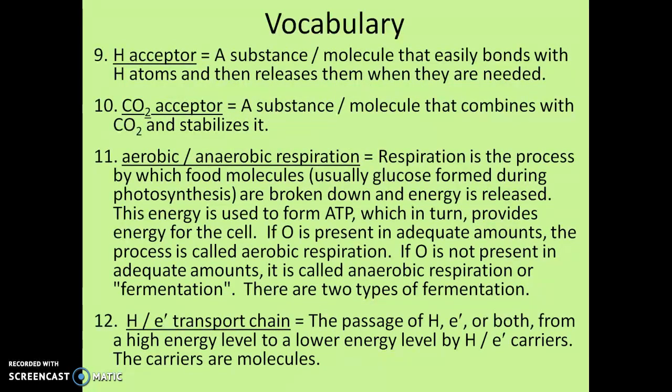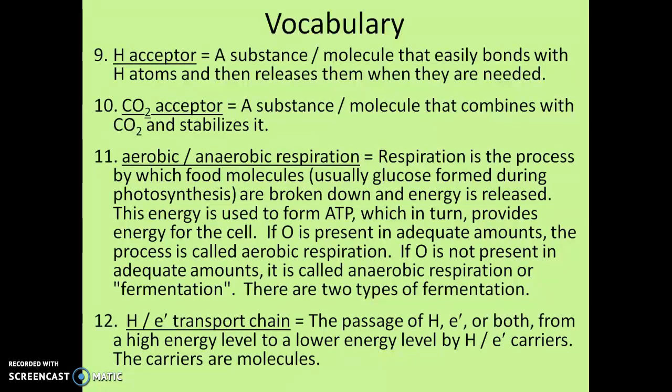Number 9, a hydrogen acceptor. These are a molecule or a substance that is going to accept or take on a hydrogen atom during a process. Number 10 is a carbon dioxide acceptor. This would be a substance or molecule that's going to combine or accept carbon dioxide, and it's going to stabilize it. So we're going to see that in our stages of